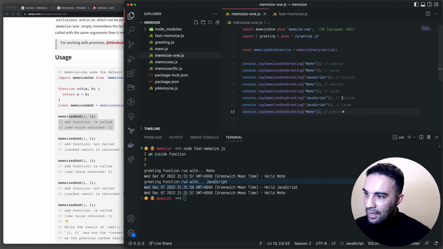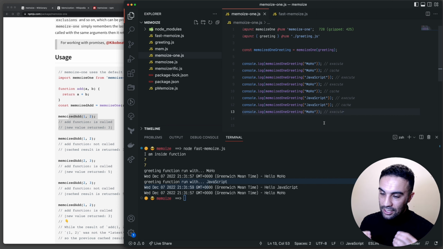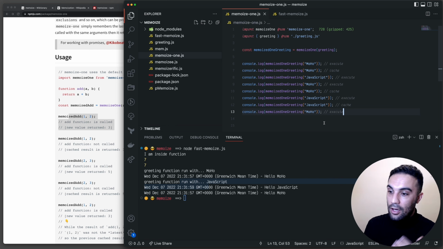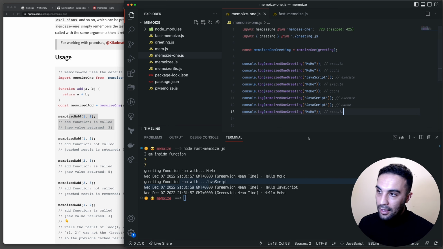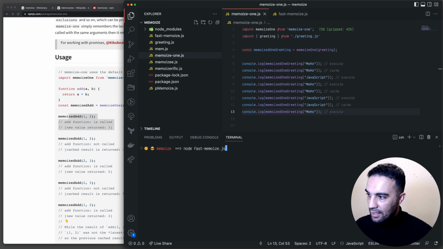So that's something to remember. This is going to only cache the latest or the last function with the argument. So if you change the argument, again it's going to run it. And if you call the previous one, because it's different from the one which was run again, now it's going to execute it again. So if I call now